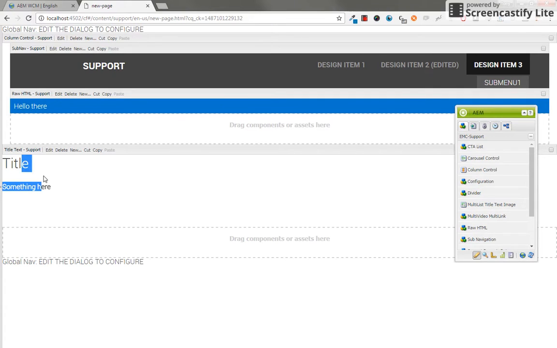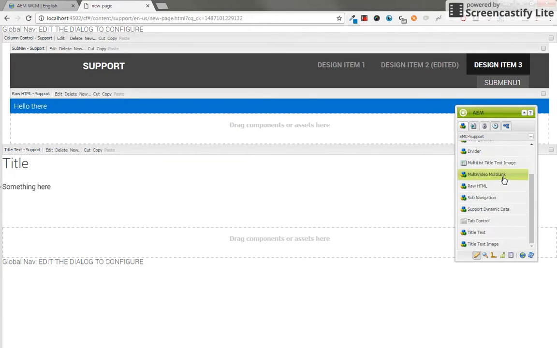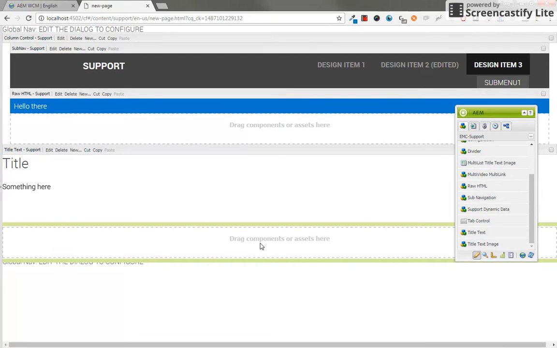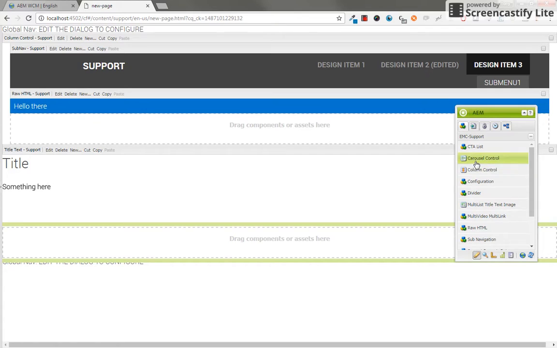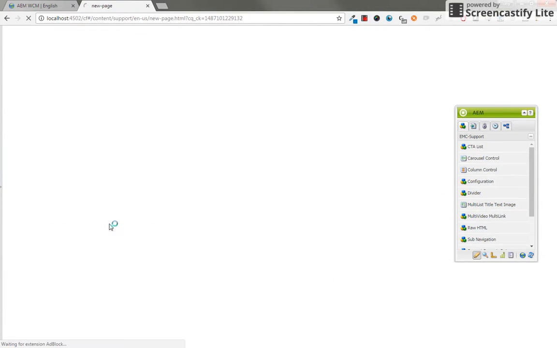So yeah, that's kind of how components are built internally, and from this, these are basically like building blocks. You can drag as many of them as you want. There are some other components that are going to add another place where you can drag children components, like for example this column control. I can drag this one in,